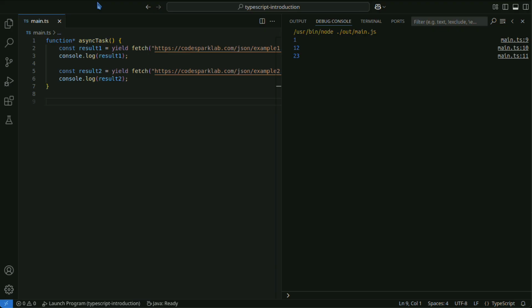Generator functions are special functions defined with function asterisk that can return values with yield while pausing execution of the function. Use next to resume the generator and receive values. Additionally, you can send values into the generator using next value.